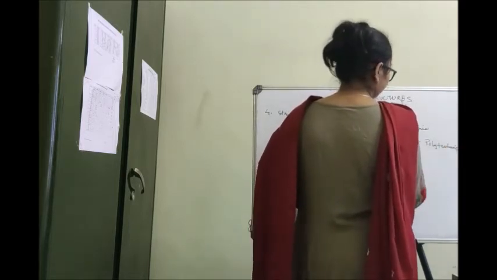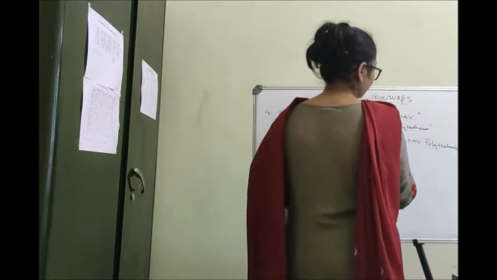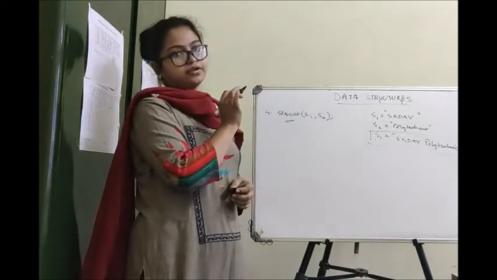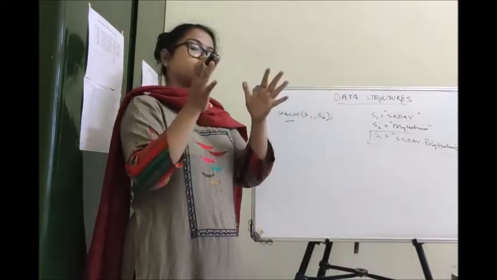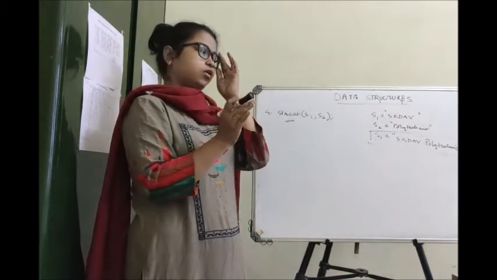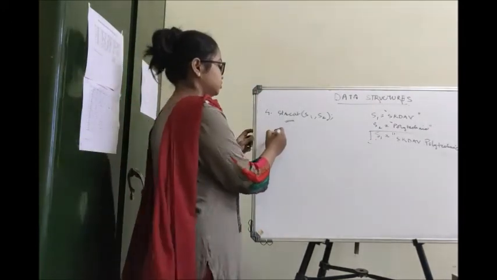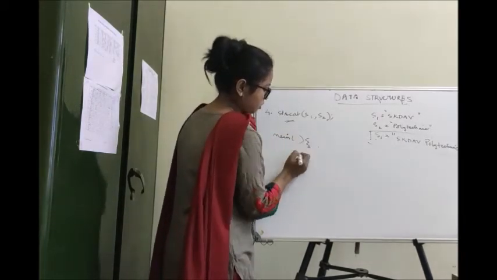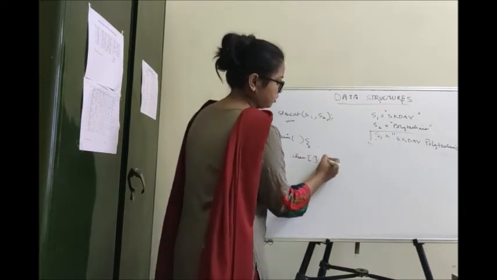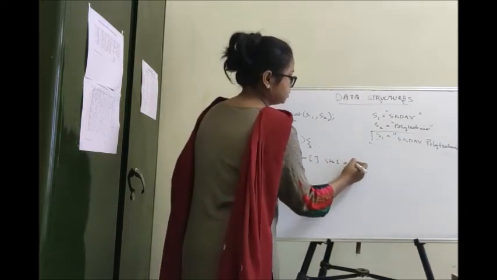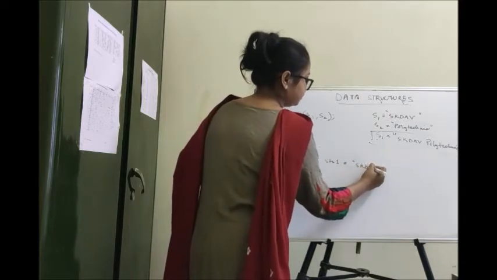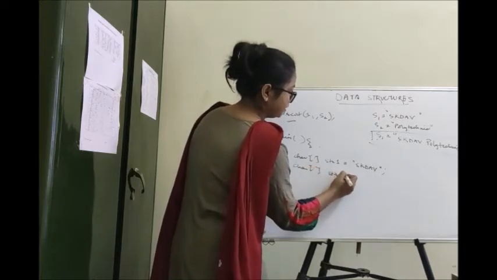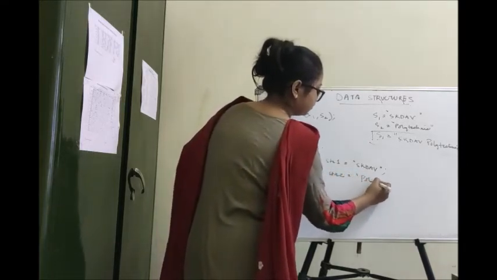Okay, I hope you got the idea. This will be the string S1 after calling strcat. That will merge the two strings, or join the two strings, or concat the two strings. So we will see the program. I am calling main. In the main function, I am declaring a string, char str1 is equal to skdav, and char str2, I am not specifying the size because it's pretty big, is Polytechnic.